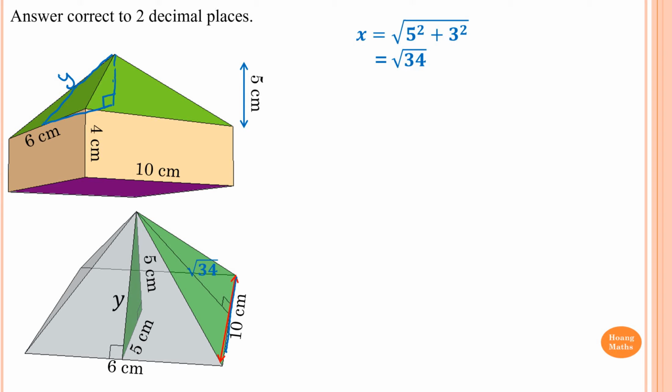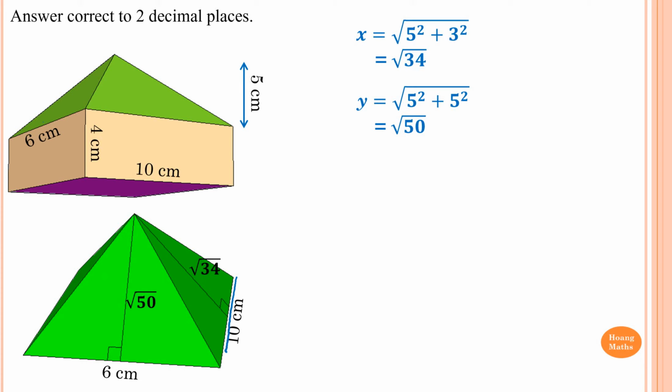So label this y. To find y, we use Pythagoras theorem. So y equals 5 square plus 5 square equals square root of 50. So now the diagram is like this. So we have square root of 50 is the perpendicular height on this side here, and then this is square root 34, which is the perpendicular height. So we go surface area equal, let's say area of this side here first, which is